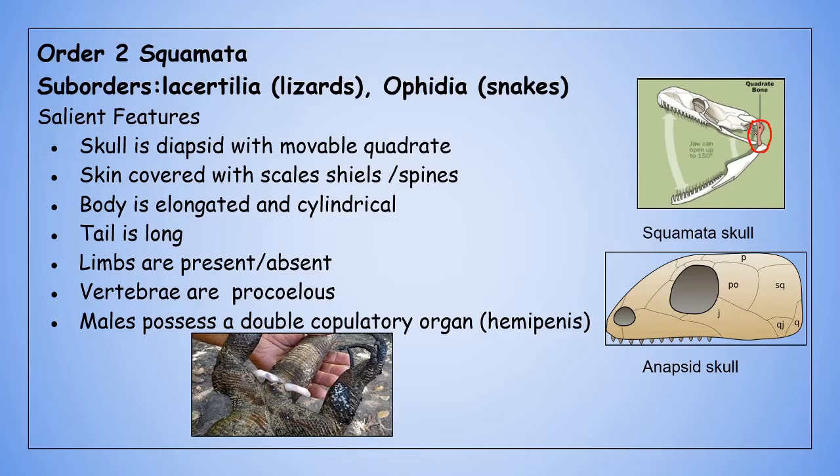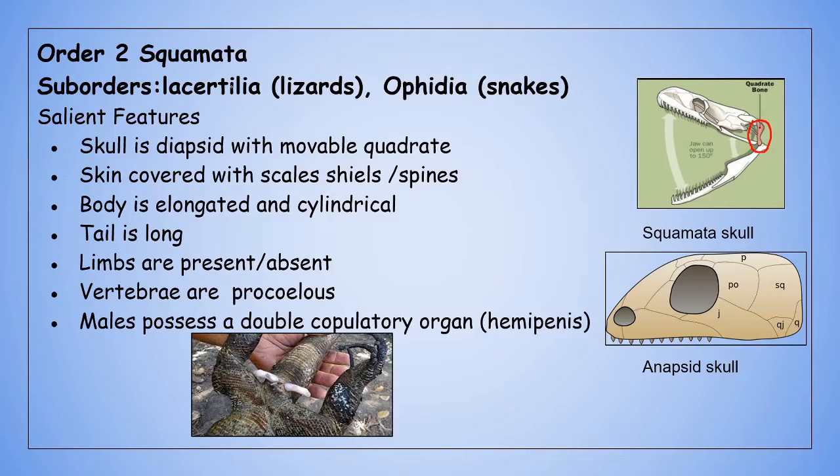When you come to the mammalian skull, you can see that the quadrate bone and the articular bone cannot be seen as a part of the skull. These bones are modified and they migrate into the middle ear and form the malleus and incus. So that is what is happening in the case of mammals with these two bones.